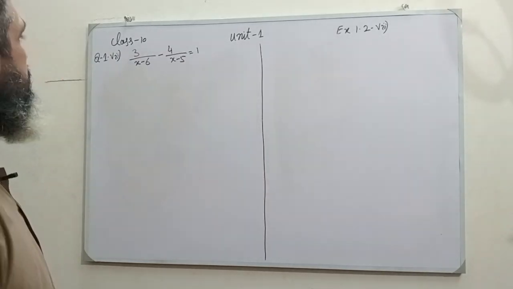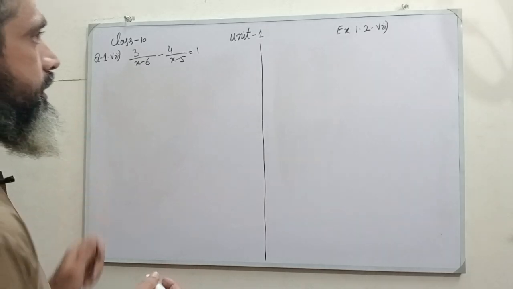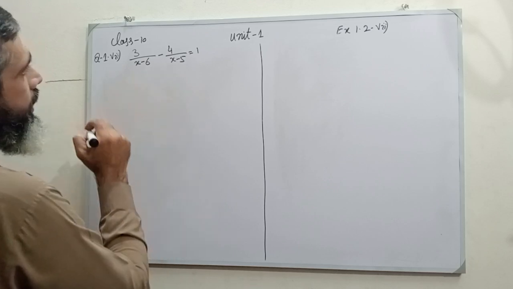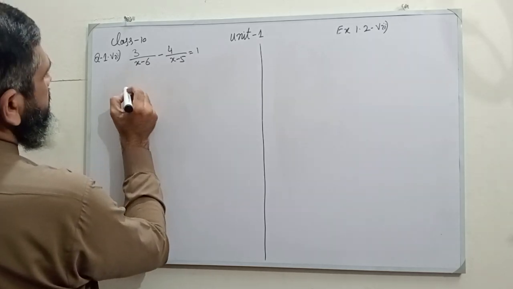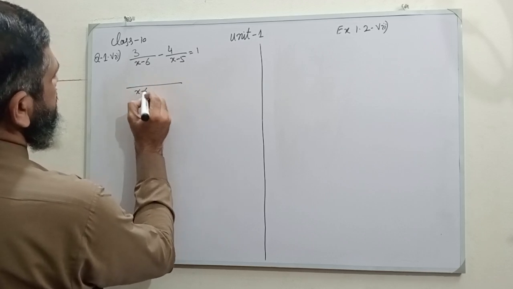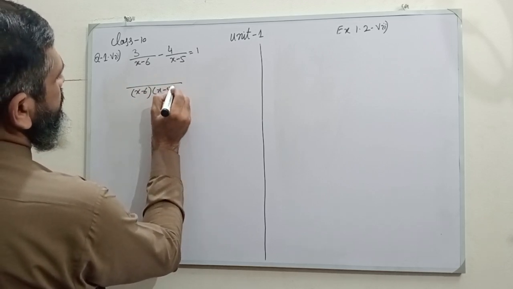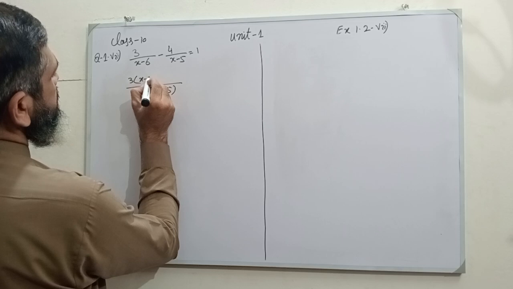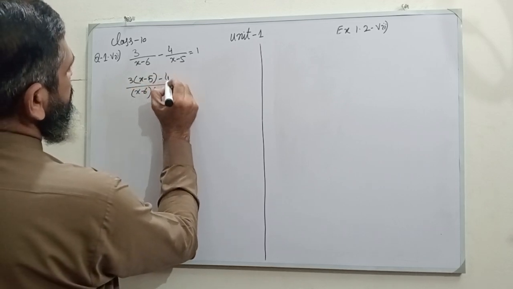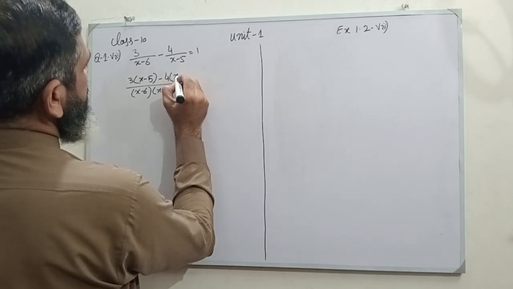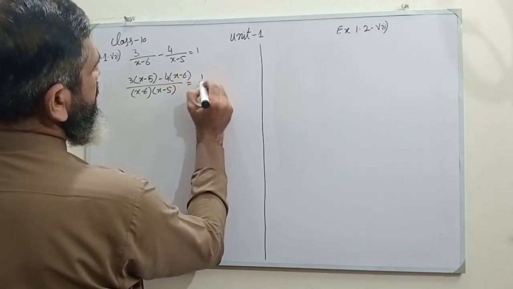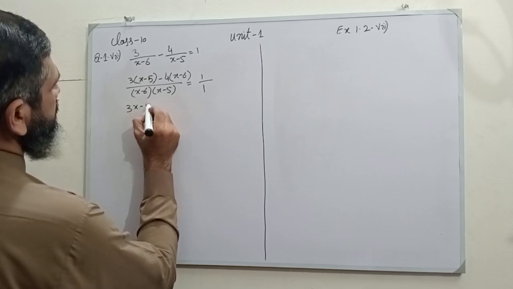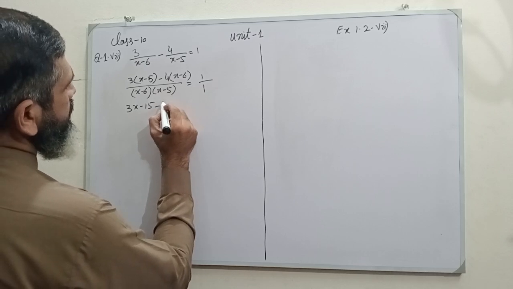Now we'll move towards part number 7. Here first we will convert it into the standard form. For standard form we will take the LCM of the left hand side, x minus 6 into x minus 5. Okay, this 3 into x minus 5 minus 4 into x minus 6. We can write it as 1 over 1. Okay, this 3x minus 15 minus 4x